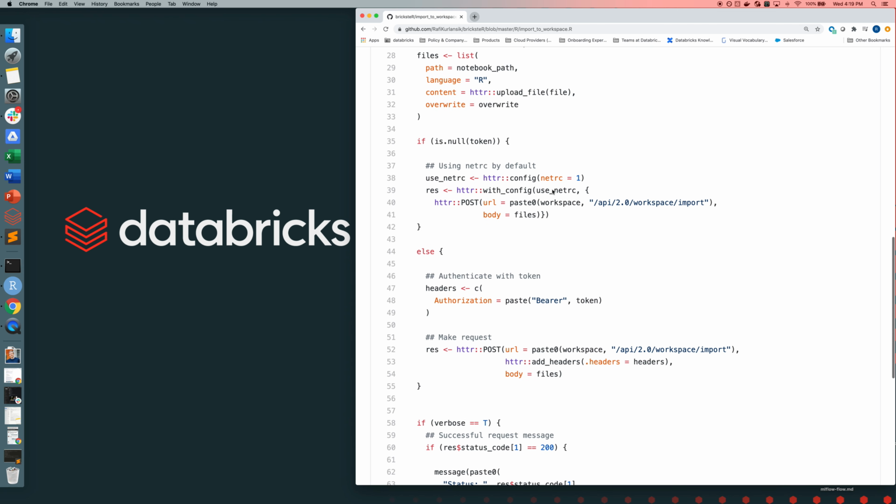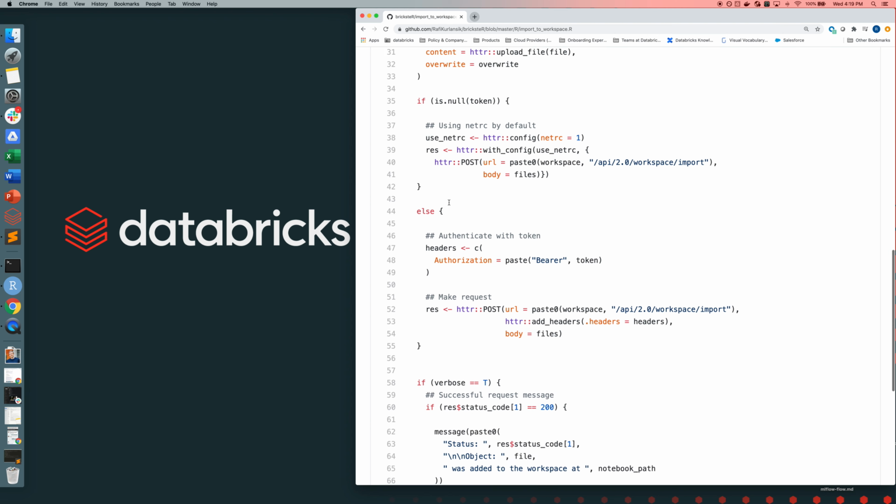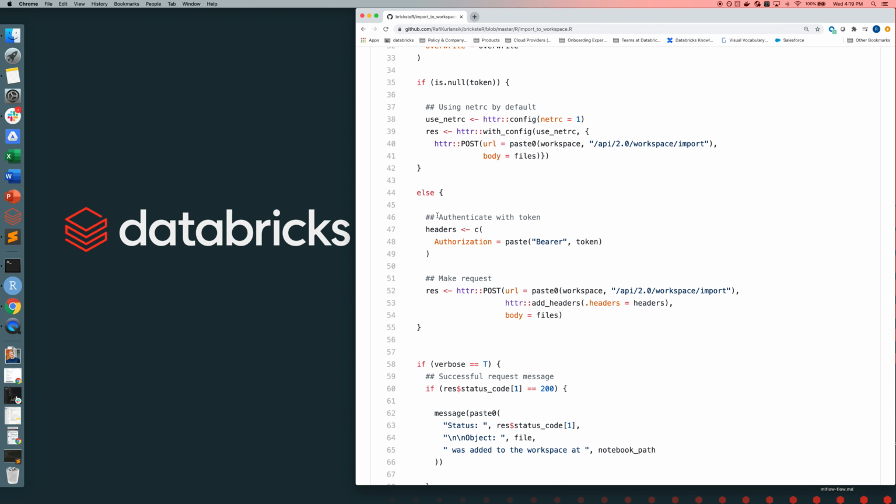If we're not using netrc, then we will use bearer authentication. We'll actually pass in a string with the token and use that to authenticate. So we're going to create headers here. Okay, it consists of